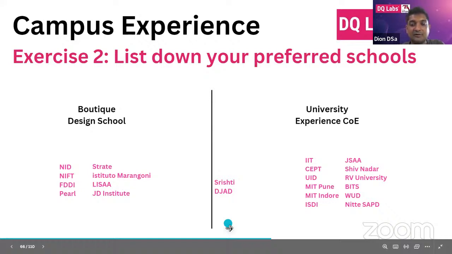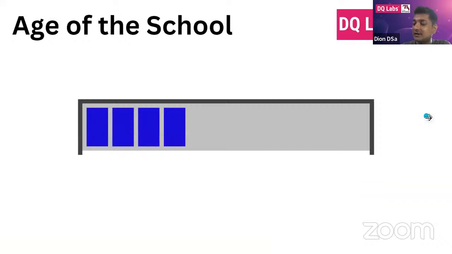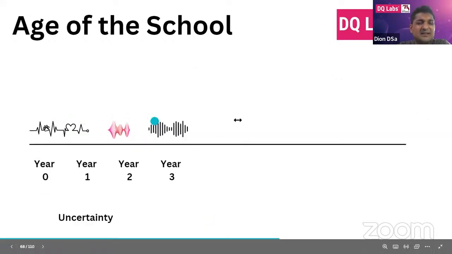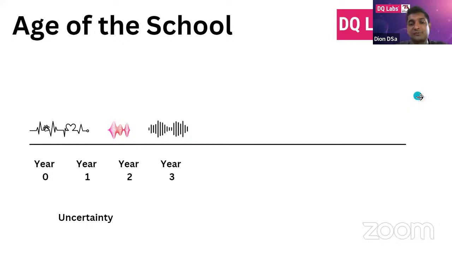Okay, so I'm going to go further. I don't have much time left, so we have time for Q&A. So, the age of the school and its impact. Remember, the first 3-4 years, the school goes through huge periods of uncertainty. Uncertainty meaning not the question of whether it's going to shut down. No, it's that faculty are going to come and leave, and there's going to be churn. A faculty leaving in the first year of the school is very different from a faculty leaving at the 8th year of the school. So that's the uncertainty we're talking about.